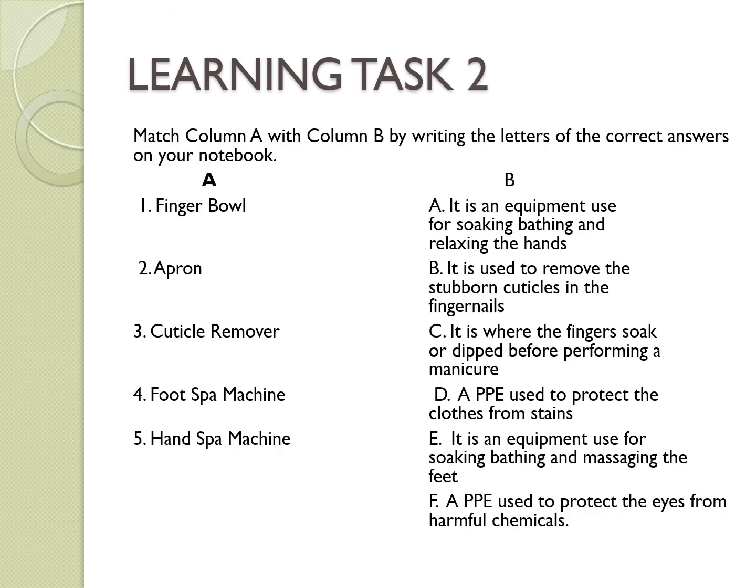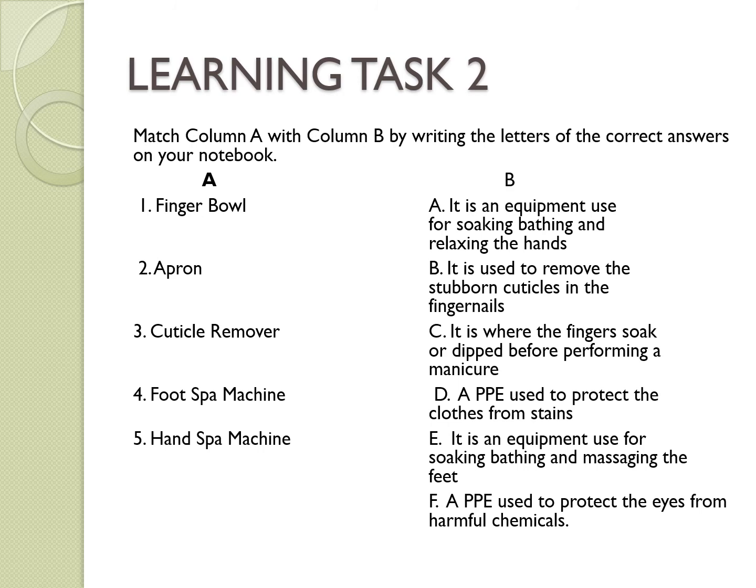Next learning task. Match column A with column B by writing the letters of the correct answers on your notebook or your paper. 1 is the finger bowl, 2 is the apron, 3 is the cuticle remover, 4 is the foot spa machine, and 5th is the hand spa machine. In column B,